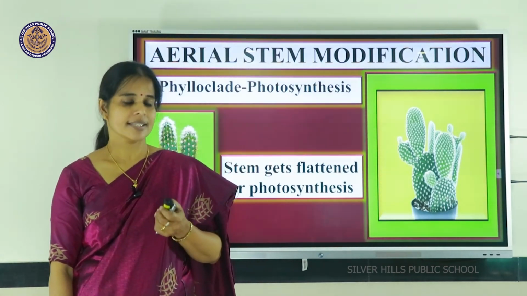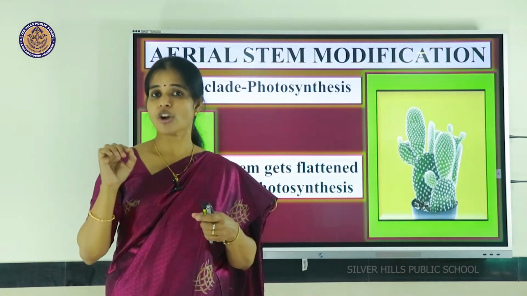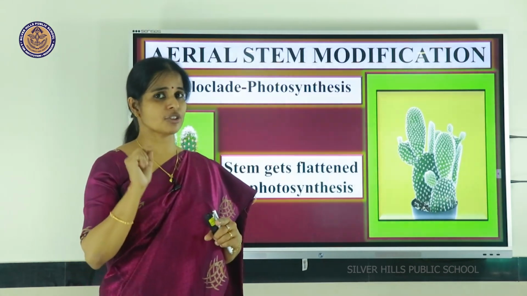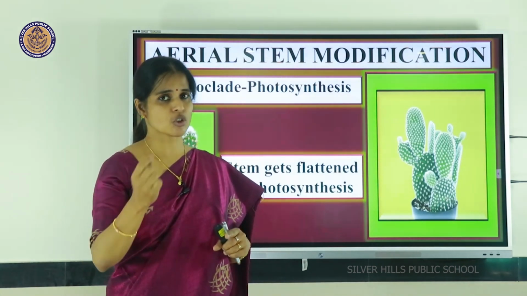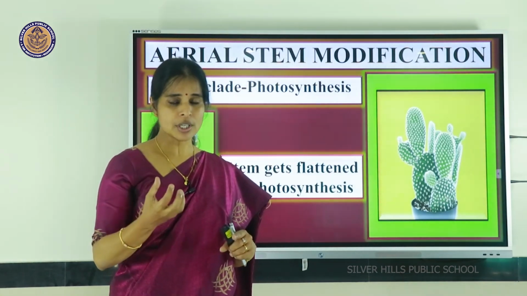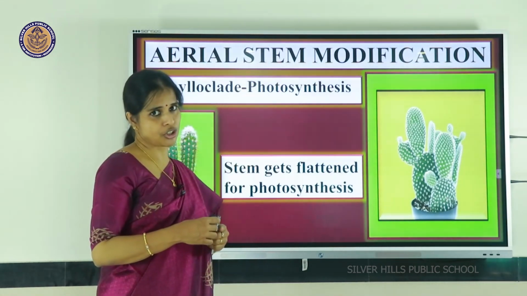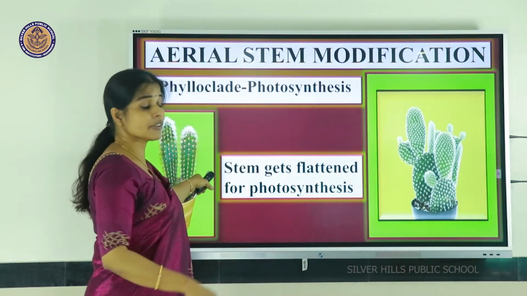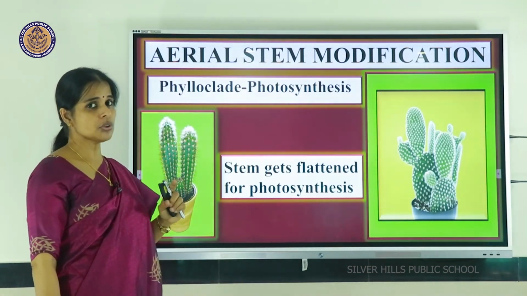Why so? Leaves normally have a large surface area and lots of stomata. But in xerophytic plants, a larger surface area cannot be provided for the leaves, because if a larger surface area is present, the number of stomata on the leaves is also too much. So the water loss will become more, and that is not favorable in xerophytic conditions, as they have to prevent water loss or reduce transpiration. So in xerophytes, generally they have reduced, spiny leaves. They are not green in color also, so they are not able to conduct